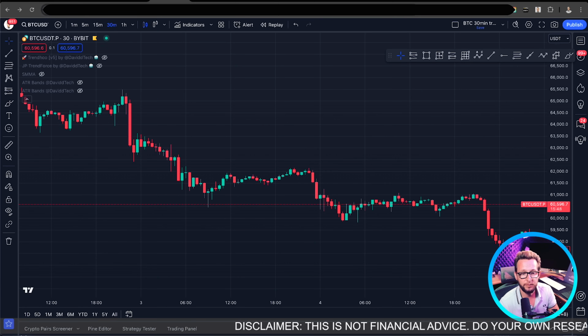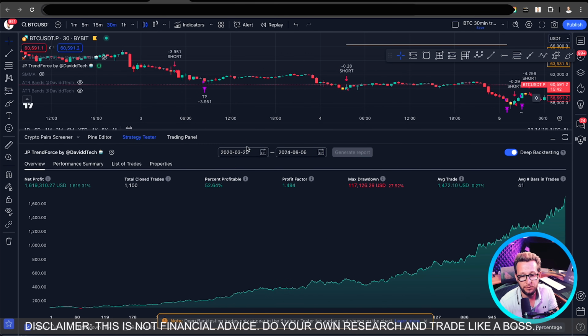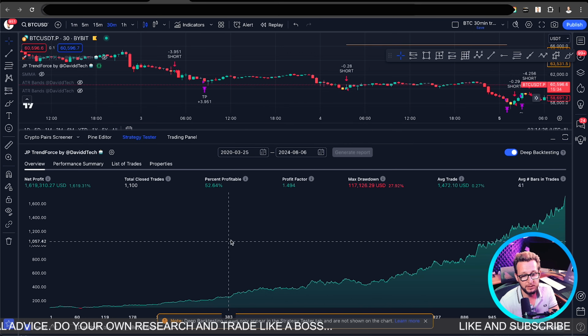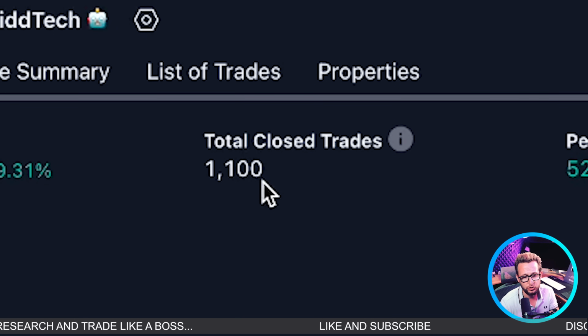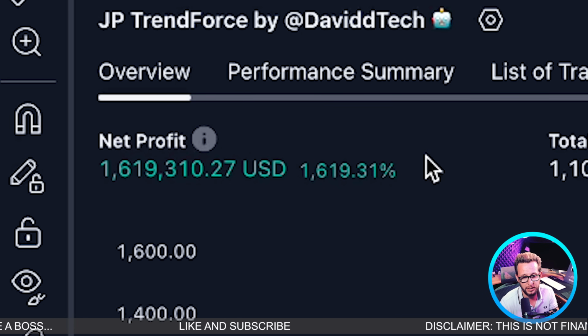Right, the backtesting results are in. Drum roll please. Boom! Right, as you can see, we backtested all the way back to 2020. The equity curve looks absolutely amazing. This must be one of the first I've had in a long time that's had 1,100 closed trades, which is absolutely amazing. We have a total net profit of